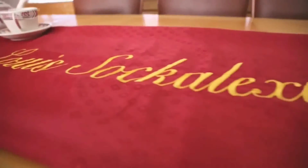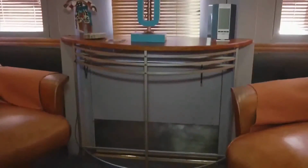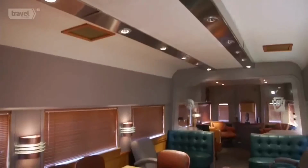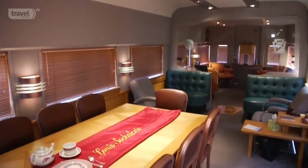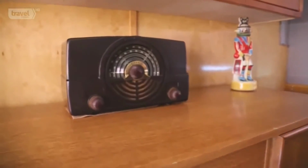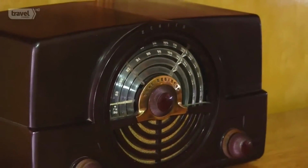Today, the Sockalexus is a picture of Art Deco perfection. The luxury lounge, once in ruins, is now littered with railroad classics. Etched glass reflects this grand car's glory days. This sandblasting was taken off of a Pennsylvania Railroad schedule from the late 1940s. One of Mike's greatest treasures is this replica of an old radio he and his grandfather used to listen to